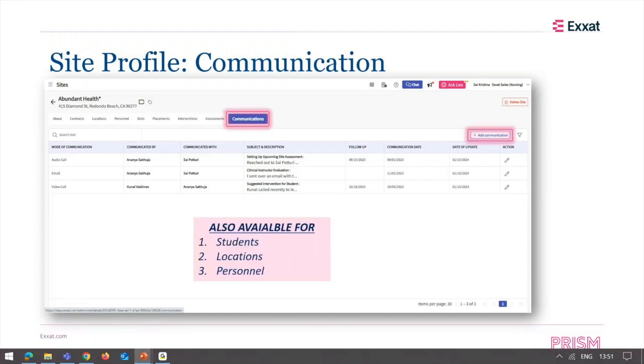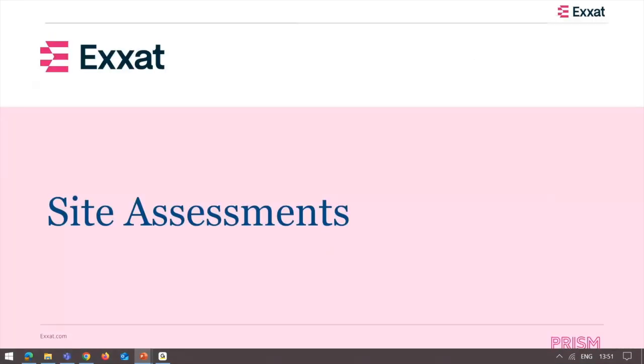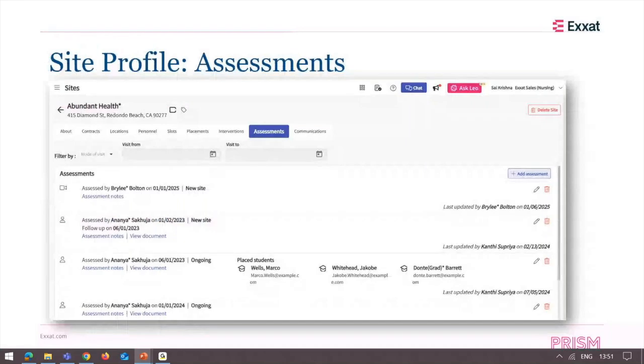And this communication is also available at student, location, and also at personal level. Site assessments. So you can also assess your sites before the placements, during the placements, or after the placements. And you can also now create custom forms from the front end so that you can capture all your site assessment feedback so that you can maintain a relationship and identify the gaps and pull the good sites for